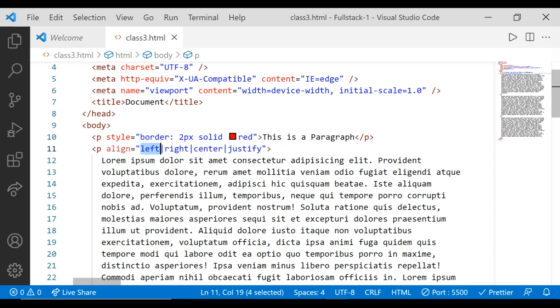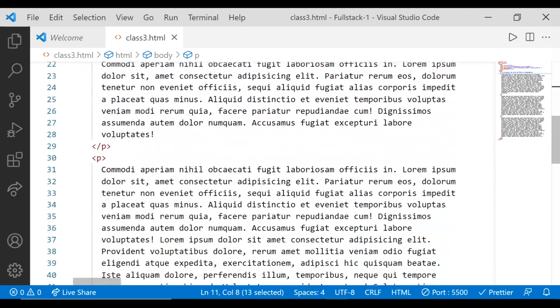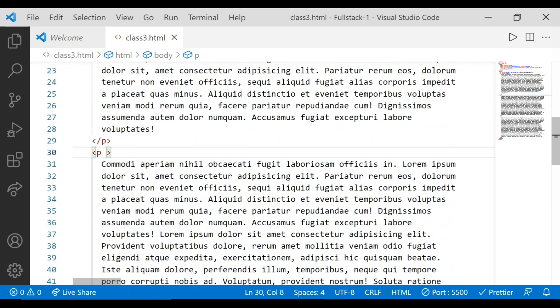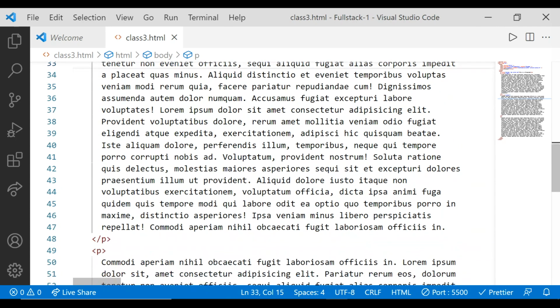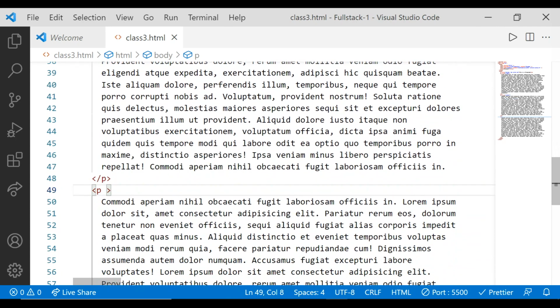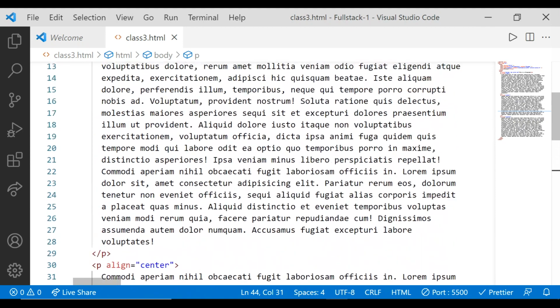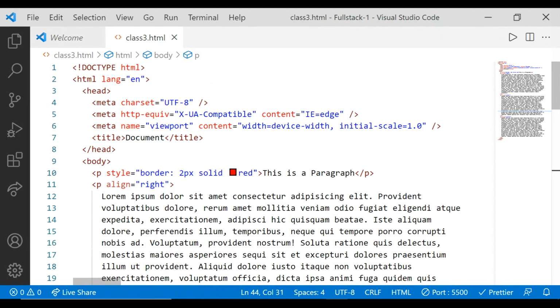So first of all let me write right. So you can only give one property, तो मैं इसको right दे देता हूँ. Okay, and let's assign align here for the second paragraph as a center property, and for the third paragraph I'm going to say align as justify. Okay, फर्स्ट में नहीं है तो फर्स्ट इज ऑटोमेटिकली लेफ्ट अलाइन. ठीक है, ये जो फर्स्ट पैराग्राफ है ये ऑटोमेटिकली लेफ्ट अलाइन होगा.